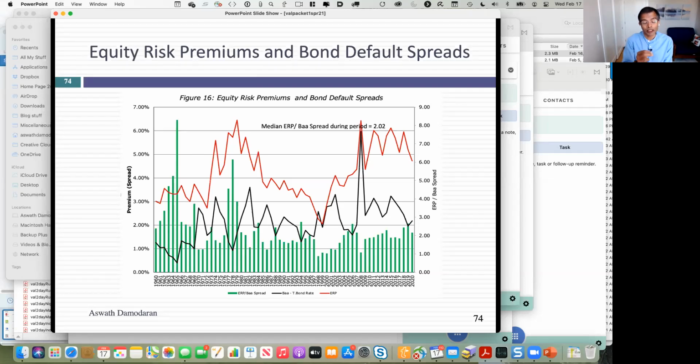But there have been periods in the last 30 years where the two markets have diverged. I'll give you one example. In the late 90s, the implied equity risk premium dropped down towards 2%. See that 1999? The red line is the equity risk premium. It's dropped all the way down to 2%. And a Baa default spread bond in 99 had a default spread of 2%. So you could either invest in equities and make 2% or buy this investment grade bond and make a 2% spread. If you're an asset allocator and you are actually following these numbers, you know what you'd be doing, right?